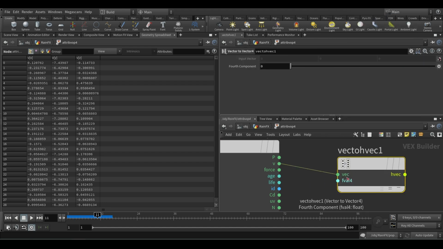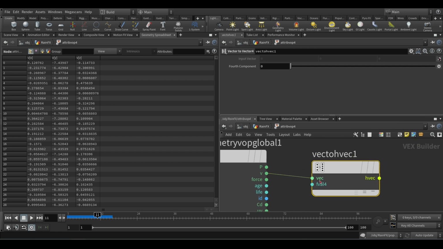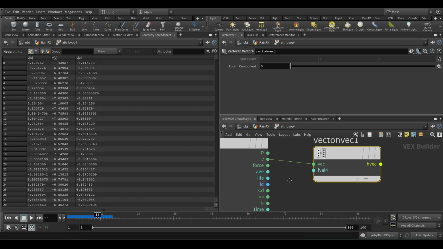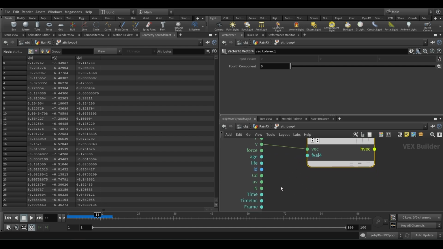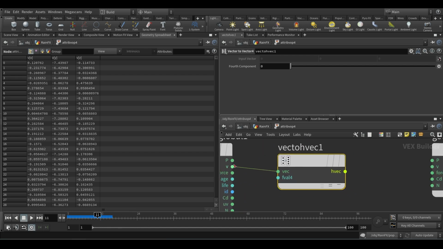So basically right now it is a vector, so it has 3 values inside and a 1 value. This value is time, but we are not taking anything from the time. We actually wanted to just convert this 3 vector to 4.